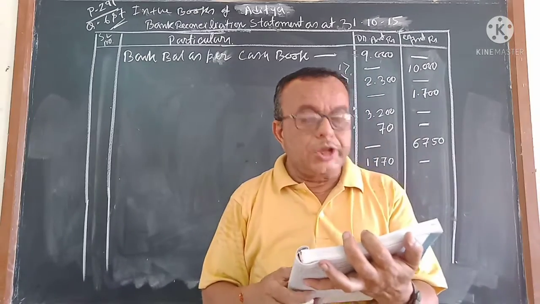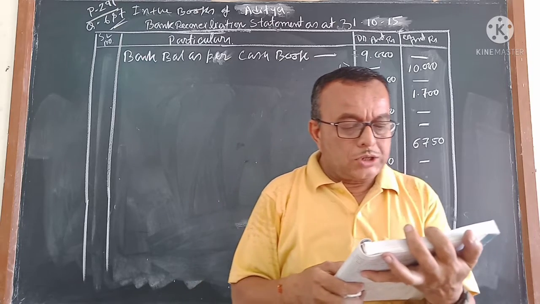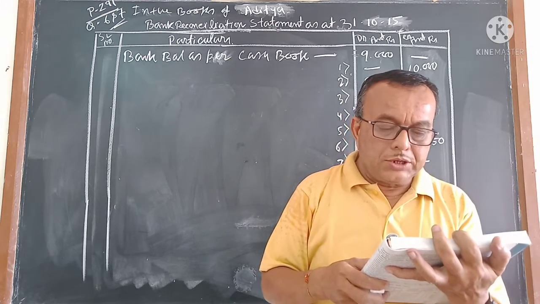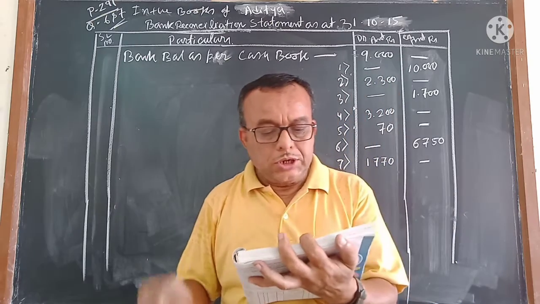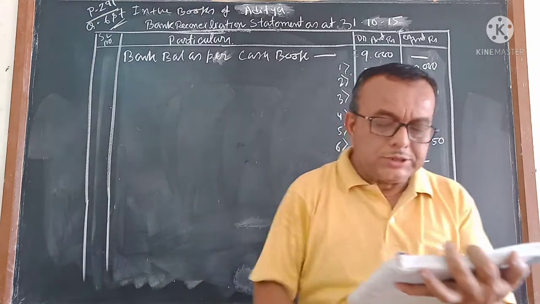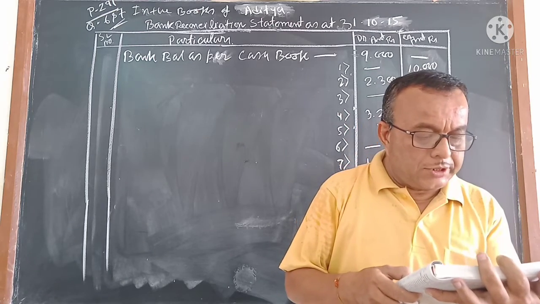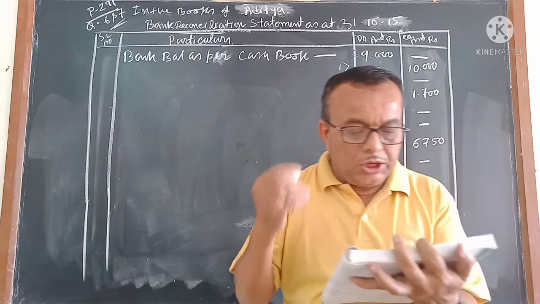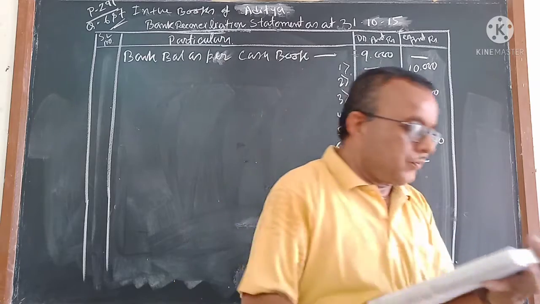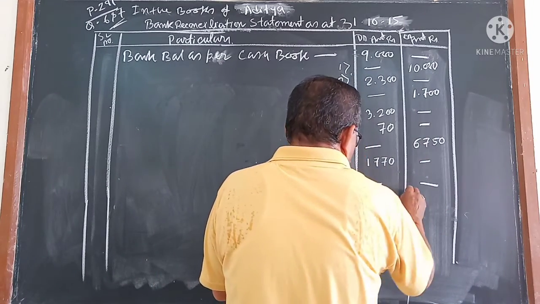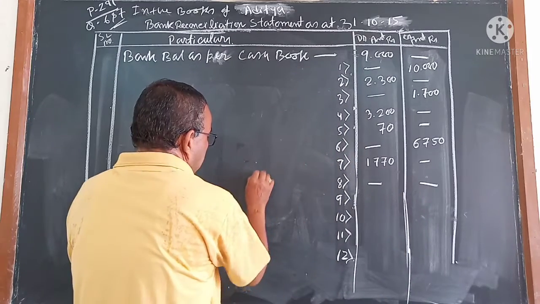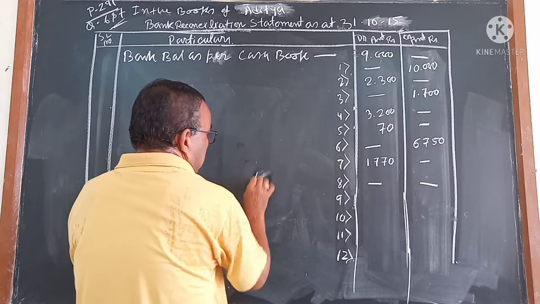Number 8. A check of rupees 1320 was deposited in the bank, but it is not recorded in the cash book. Deposit किया, traders को ही पहले लिखना था, but traders से नहीं लिखा. This check is not collected by the bank till 31st 2015. Number 8, there is no entry. Both the books did not record it, and here you have to write that there is no entry.